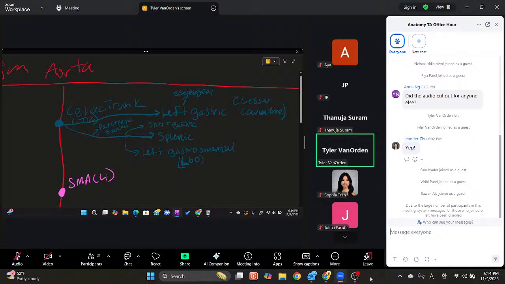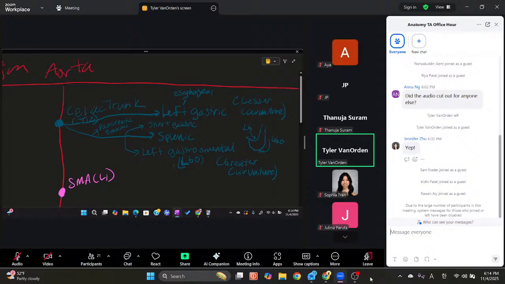So the left gastromental is on the greater curvature. And this anastomoses with an artery that we're going to talk about in a second. The left gastric, like we said, is on the lesser curvature. That anastomoses with another artery that we're going to talk about in a second. And the short gastric is also on the lesser curvature. So just to reiterate, you have your esophagus, and then you have your stomach coming down like that. This artery here, the left gastric, kind of wraps around and comes like this. And then you have the short gastric on the top over here. So, all right,